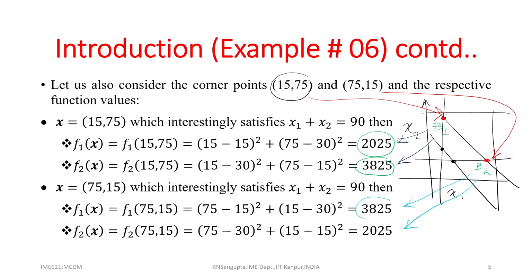So, 3825 is the maximum value for f 1, 2025 is the value for f 2,